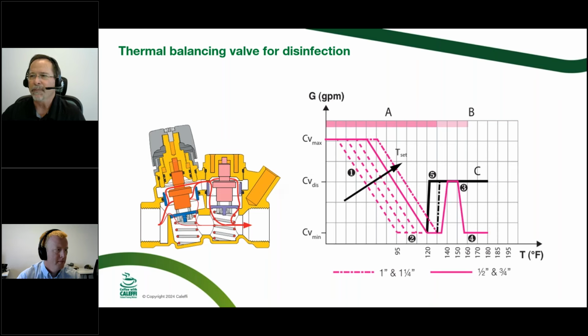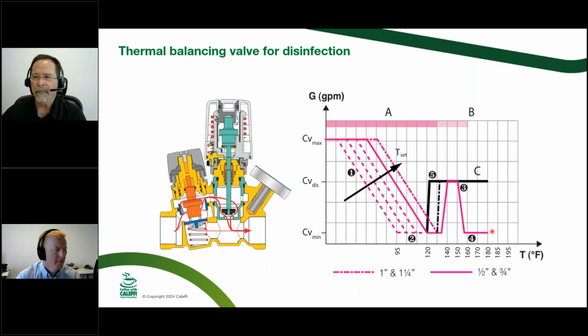A second option with this brand is to put a little zone valve actuator on this second part of the balancing valve. And this is the black line here. So what you can do is energize that little zone valve head. It's a 24 volt, normally closed actuator, and pop open that cartridge to do the bypass to increase your GPM. Now what that looks like